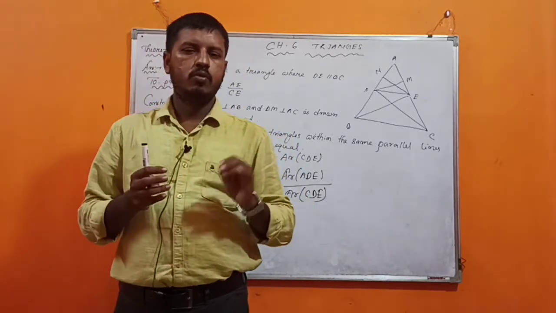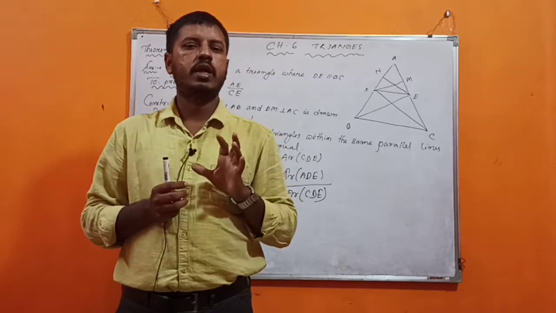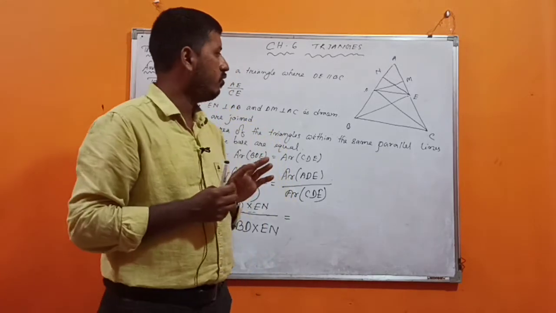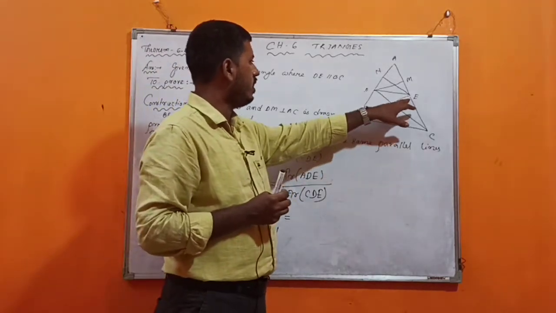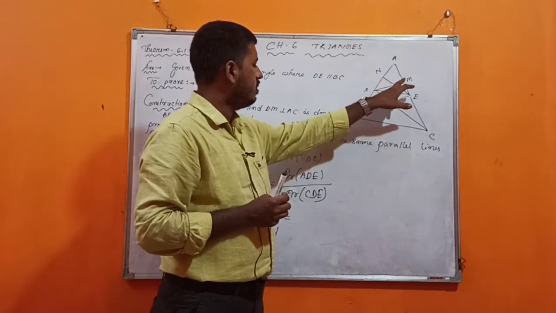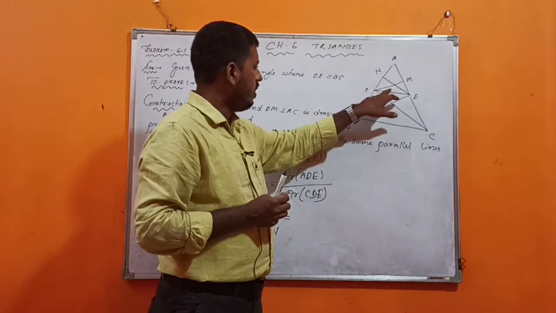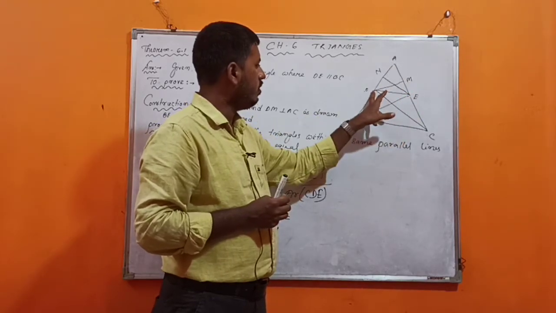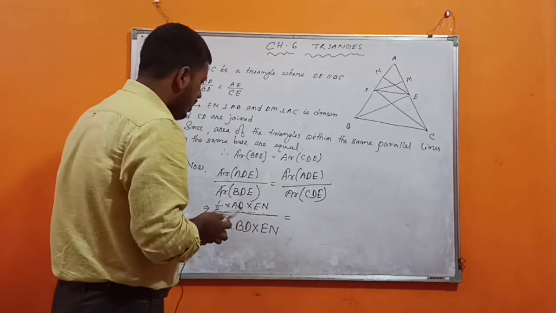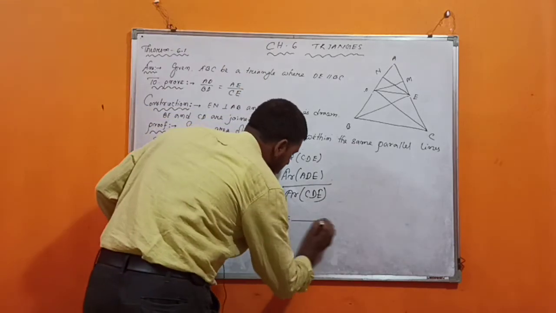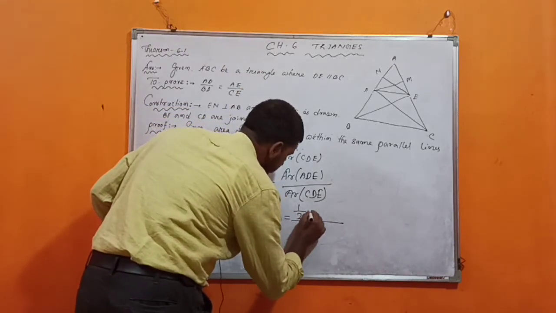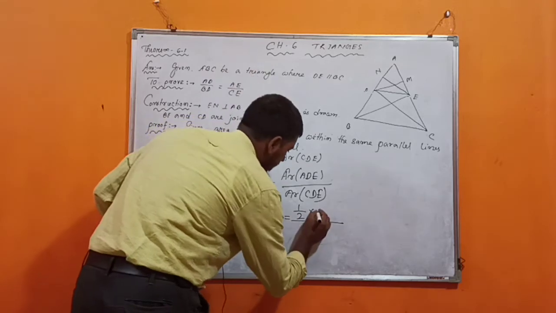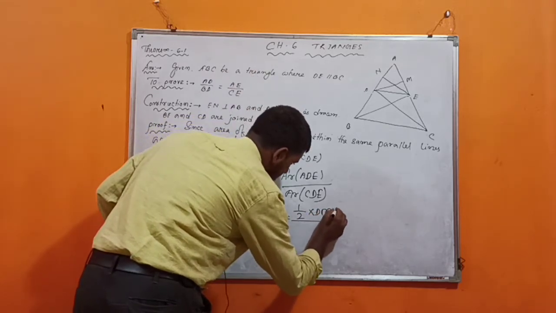To help prove the theorem, you need to construct a few things in the diagram, for which I have drawn two perpendiculars, EN and DM. In the case of DM, the base is AE and the perpendicular is DM. So I am writing half of DM into AE,